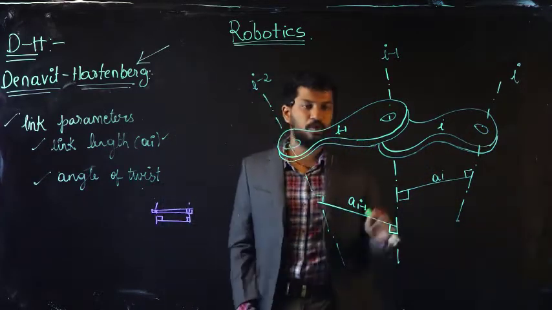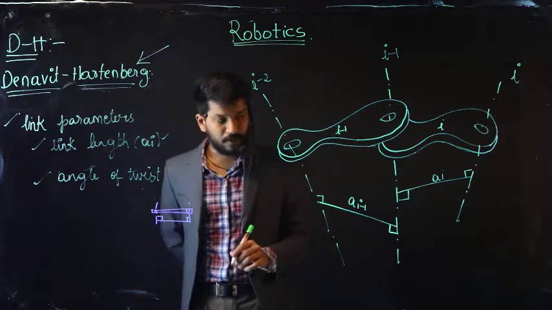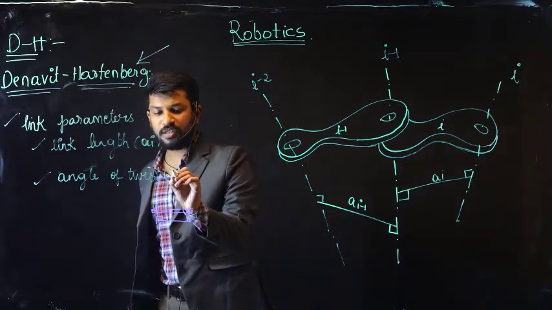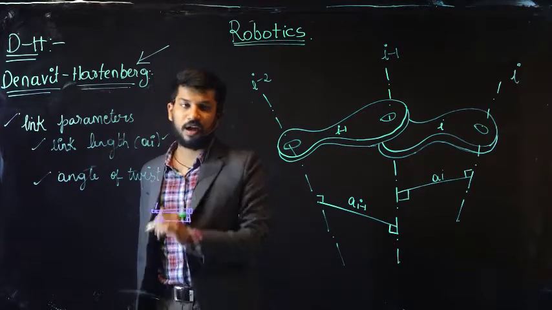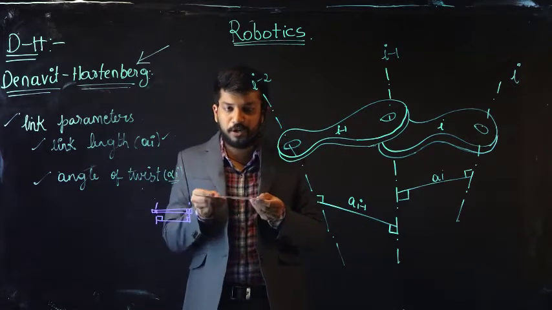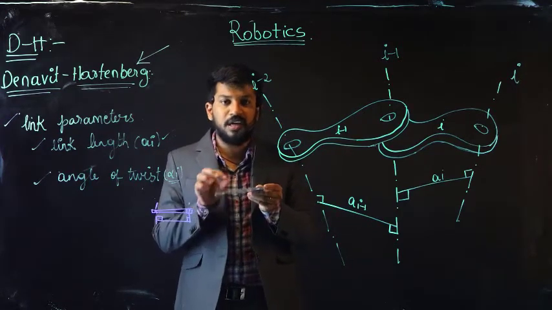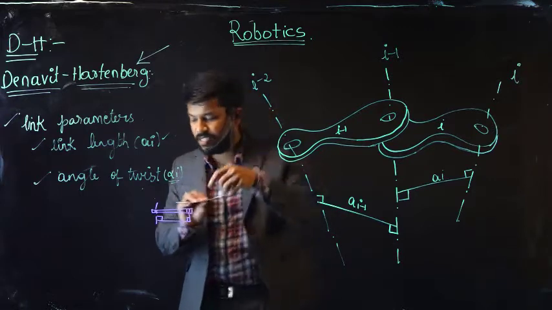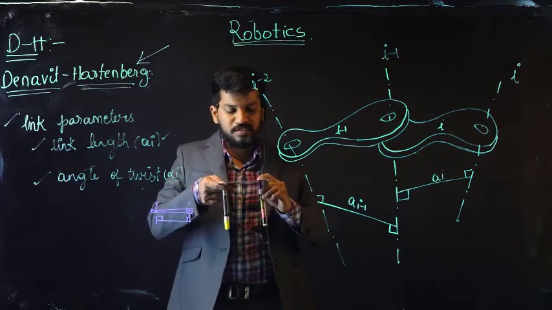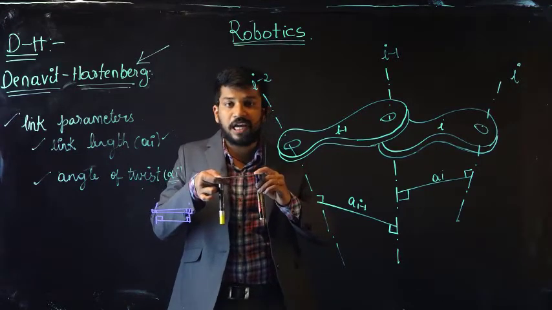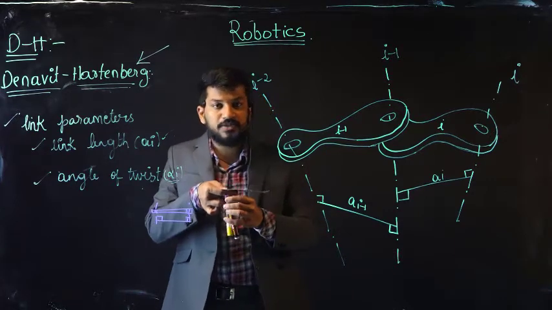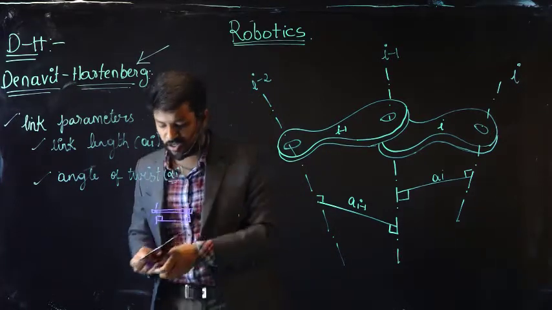Now, we have identified the axes, everything. Next we will move to the second parameter, nothing but the angle of twist alpha i. How will we identify the angle of twist? Suppose these are my two perpendicular axes, and this is my particular link. To find it, I need to generate an axis somewhere here, as I have already said. This is one axis, and this is another axis. To get the angle between these two axes, I need to move one axis from here to here. As both axes are parallel, obviously the angle of twist will be 0.